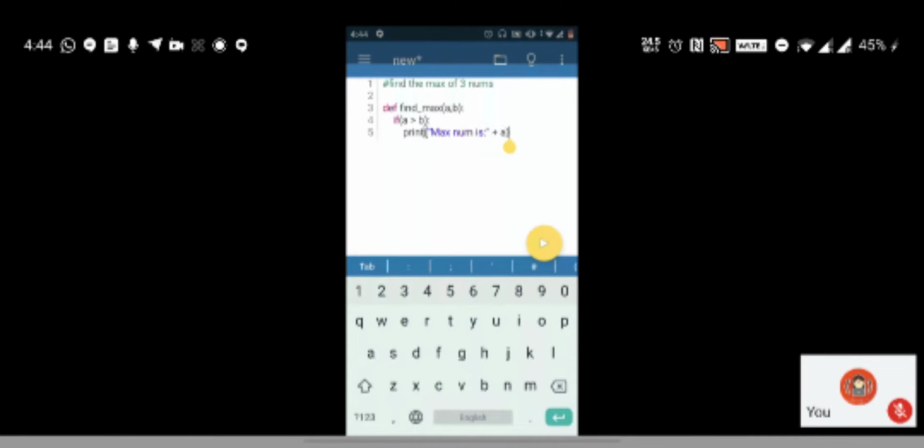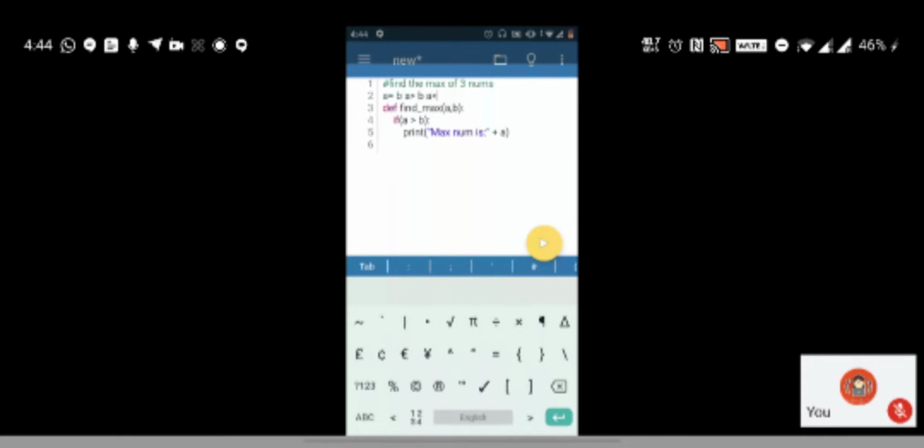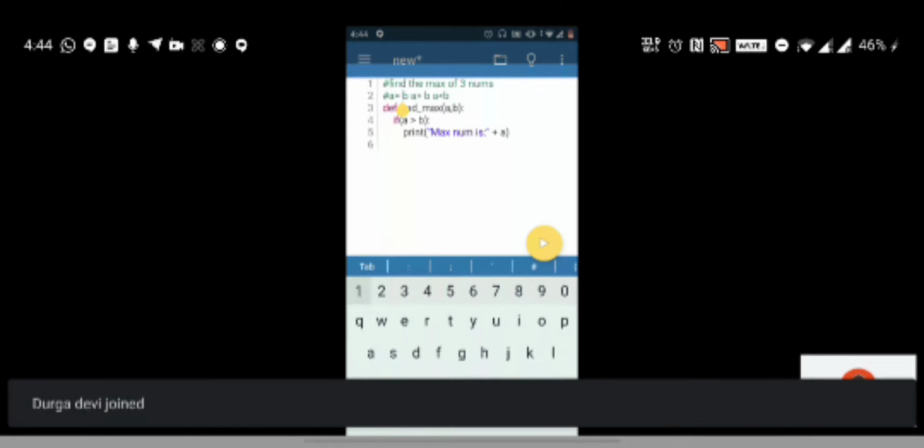So now I don't have to check the second condition, like I don't have to check B is greater than A. Obviously if A is not greater than B, then B would be equal to or greater than A. There can be 3 cases: either A is equal to B, or A is greater than B, or A is less than B. If you have 2 numbers, those 2 numbers can be related in these 3 ways only.